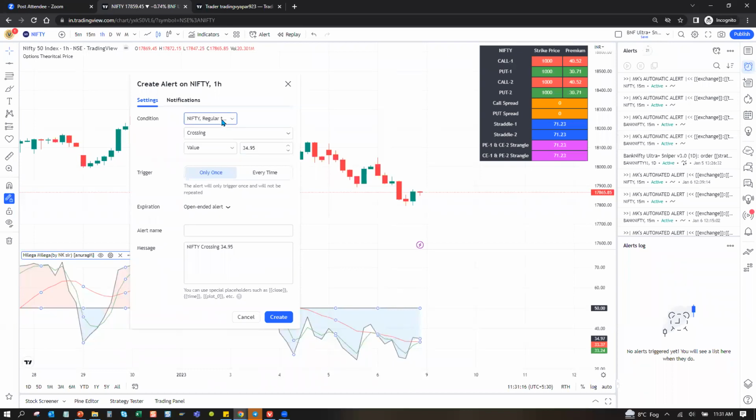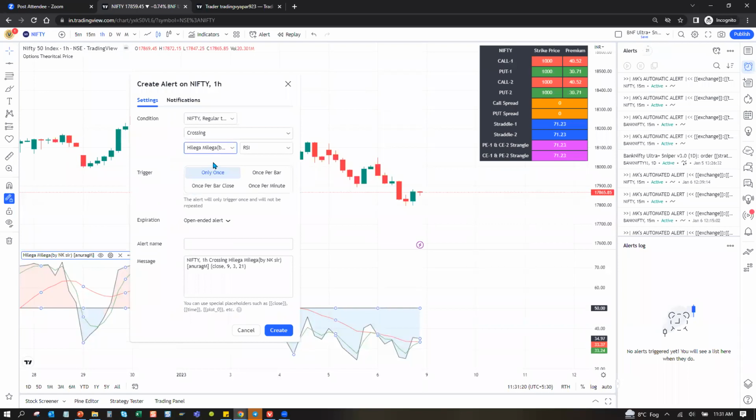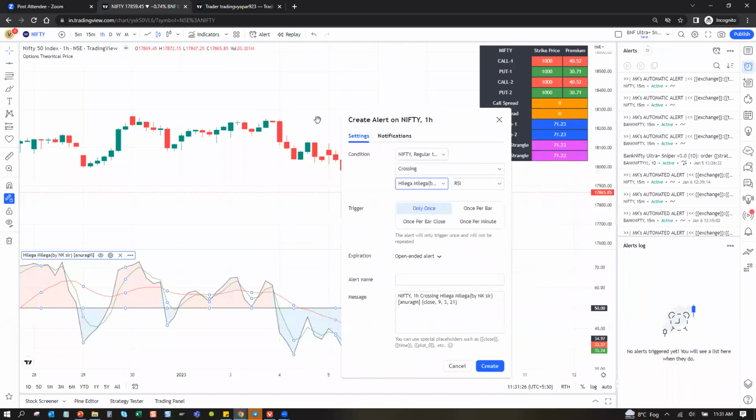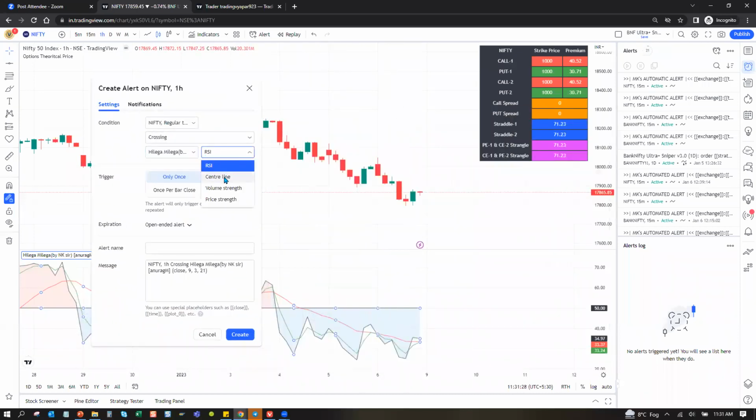For example, I'm giving one example on Hilega Milega. Now in Hilega Milega also there are 3-4 lines. This red line, green line, black line, whatever they may be. So then you need to tell which line, volume line, price line, central line, what is the condition that you want to set. So when this crosses this and something like this, you can set up alerts here as well.